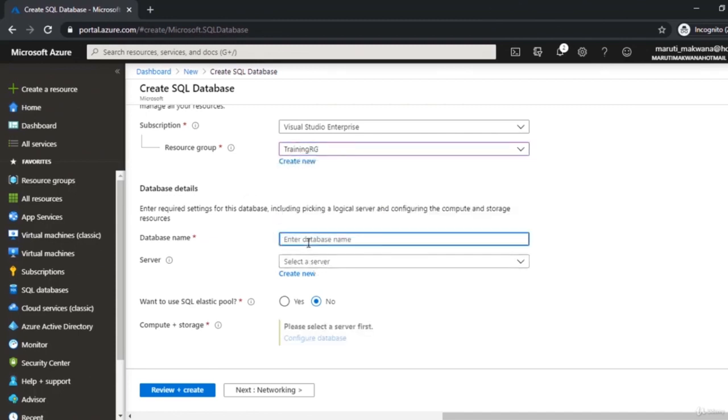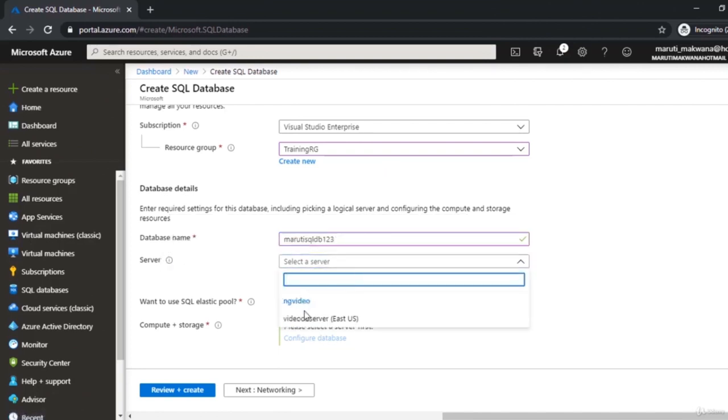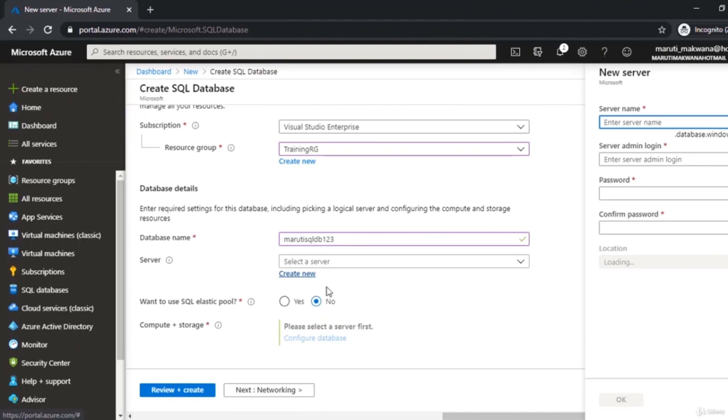Which database name I want to keep, I'm specifying Maruti SQL Server 123, or it's a database name, so let's do Maruti SQL DB123. So this is my database actually, so I'm adding the word DB with that. It's asking me which server I want to choose. Now I have one existing server already in my account, so I can choose that one, but let's create a new one right now. It's asking me what the server name would be, so I am saying Maruti SQL Server